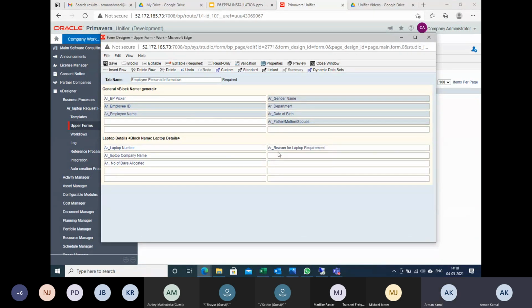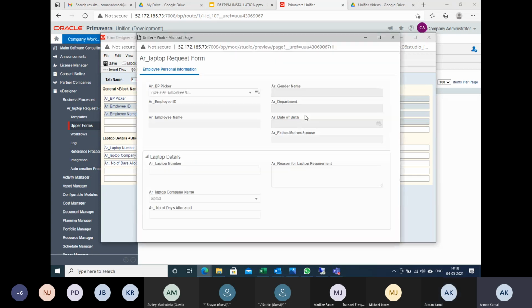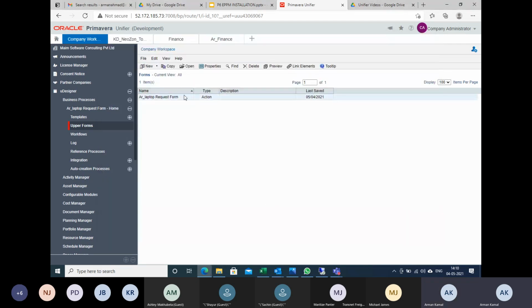Since this is the form I have created, let me check the preview to see how it looks. So the preview looks something like this. This is cool, I think it is going the right way. Now, as a mandatory step, you must have two types of form in a BP.